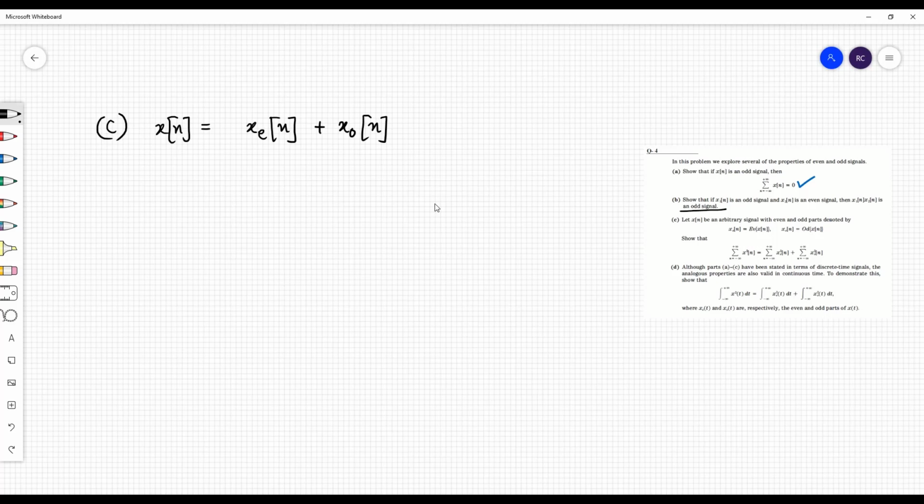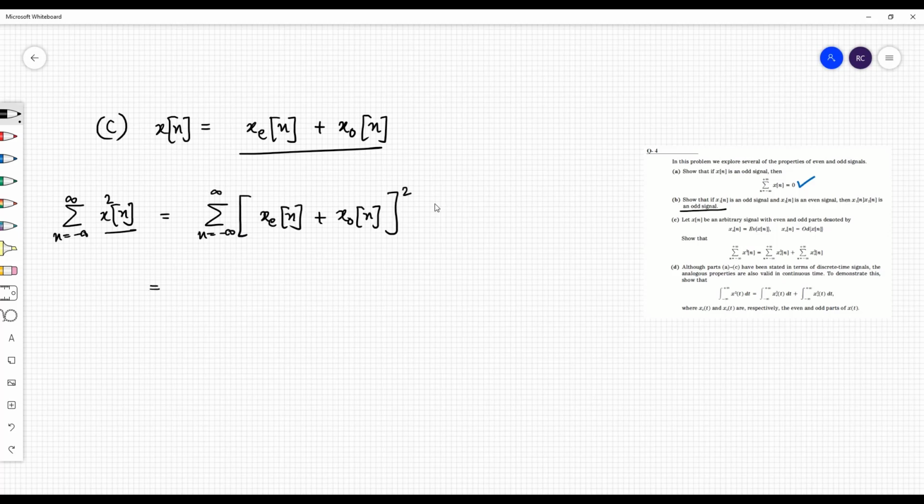Now, let us start with what it wants us to prove. So let's start with LHS. So summation of x[n], the whole square, minus infinity to plus infinity. Let's plug in this expression here. So this becomes,